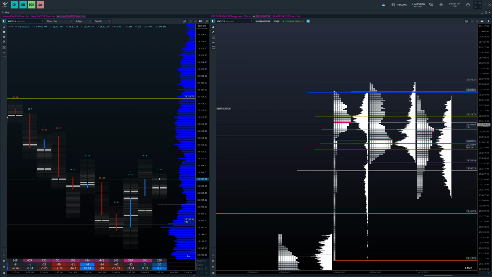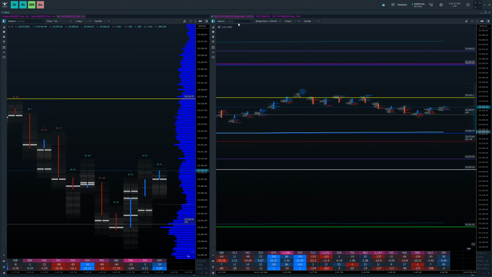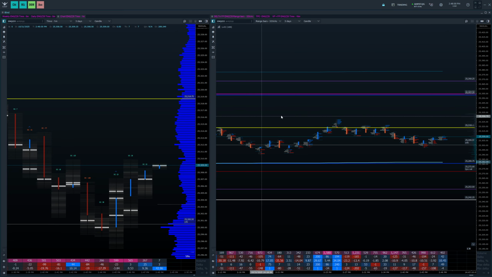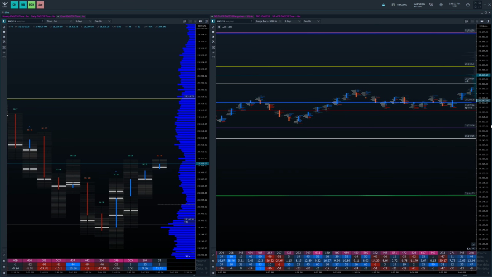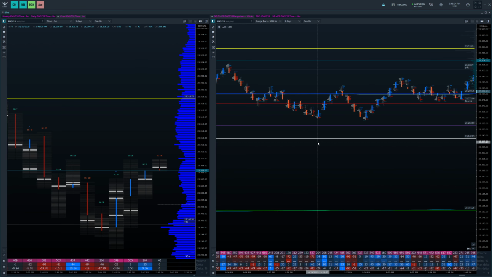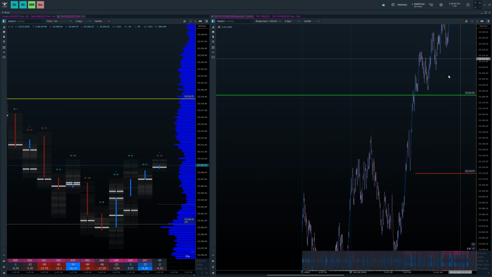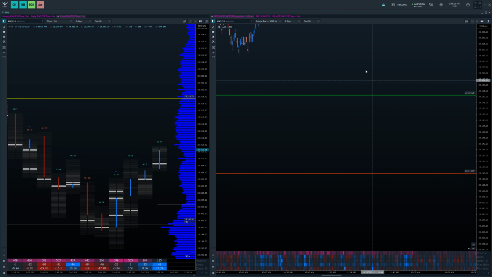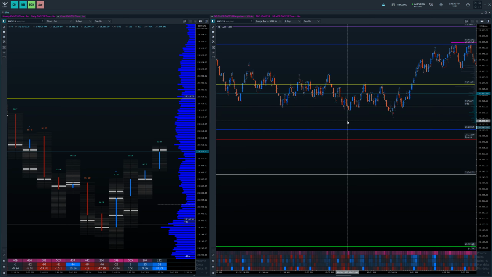Alright, this video is going to be going over how to read a footprint chart. Pretty much everything you need to know about a footprint chart: what it is, how do I read it, how do I incorporate it, and what to look for. In order to get started with a footprint chart, we probably need to understand the basics of how